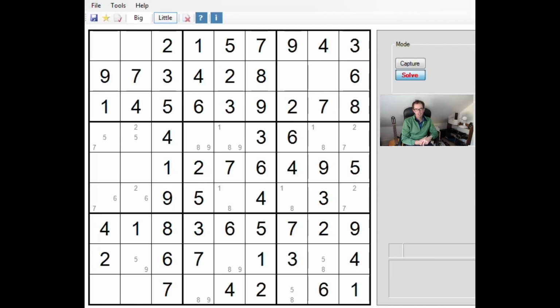So you can reach this point in the solve fairly straightforwardly. It's nothing more than just finding the obvious numbers and finding a couple of pairs along the way. I think this 1-8 pair you can see here in row 6 was helpful in getting a number or two. And that was probably the most sophisticated piece of logic up to this point. And then you reach this point, and it struck me that there are probably several different ways of making progress